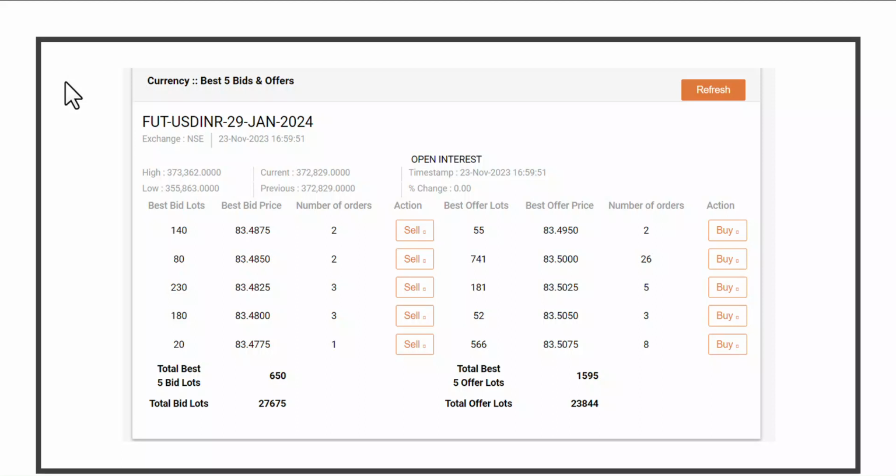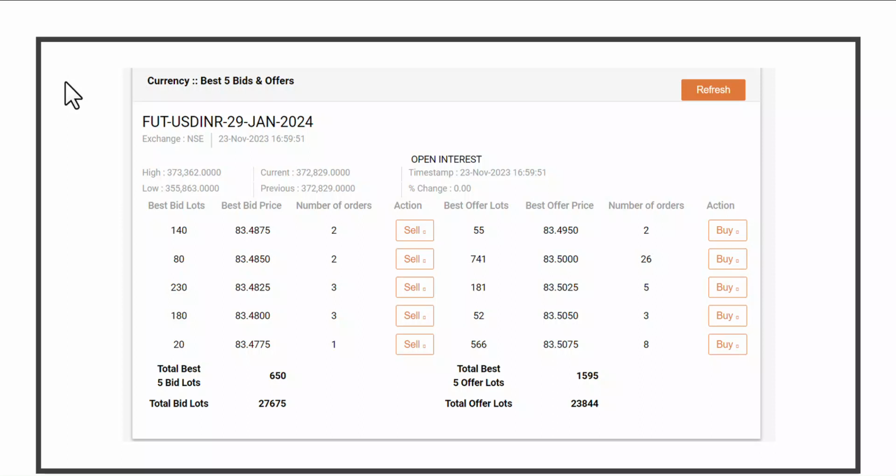And then you are looking at the window called best 5 bids and offers. So the 5 people who have placed orders, either buy or sell orders, you can view there on the window. If you look at the total at the bottom, bid means buy and ask means sell. So the bidders who have placed the order to buy, it is coming on your screen, starting with 140,